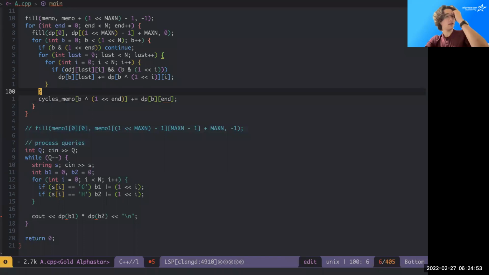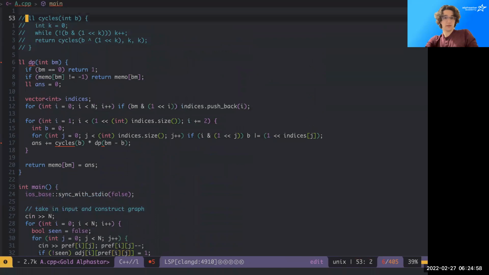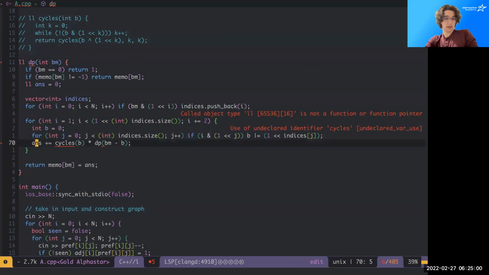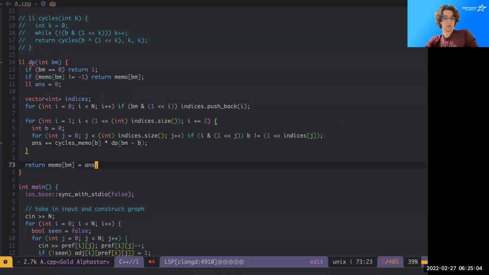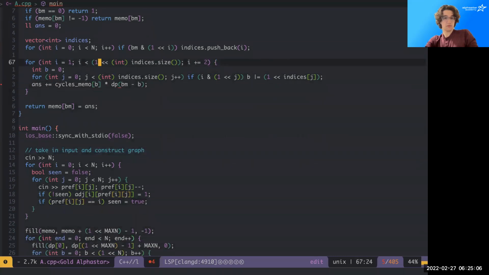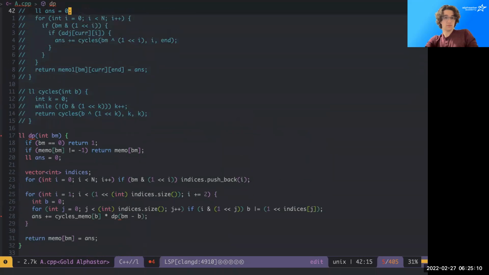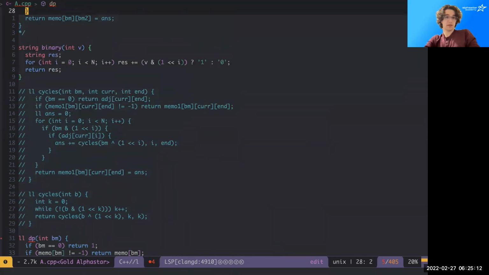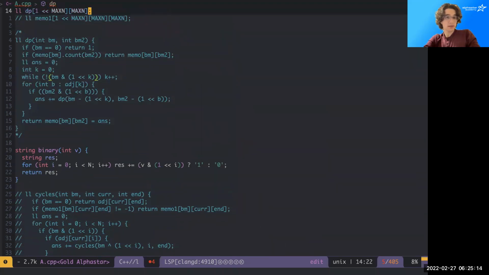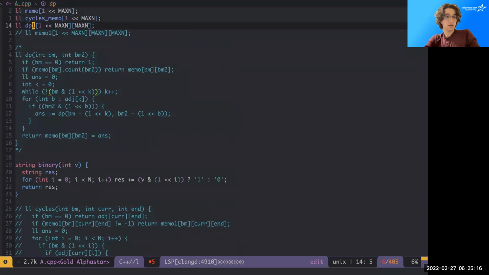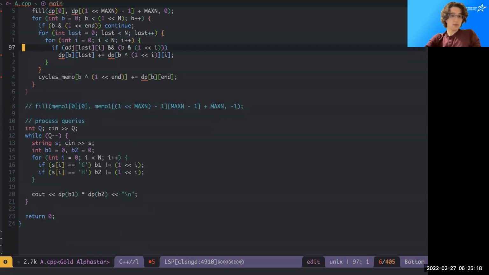Like that. And then instead of using what we had before, we're going to use cycles. Okay, name it DP. That was a bad name. Let me go fix that. Okay, so